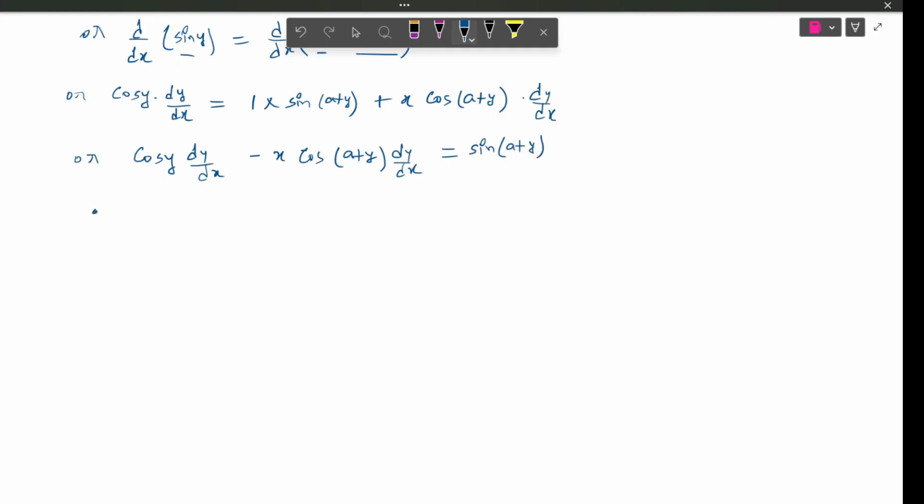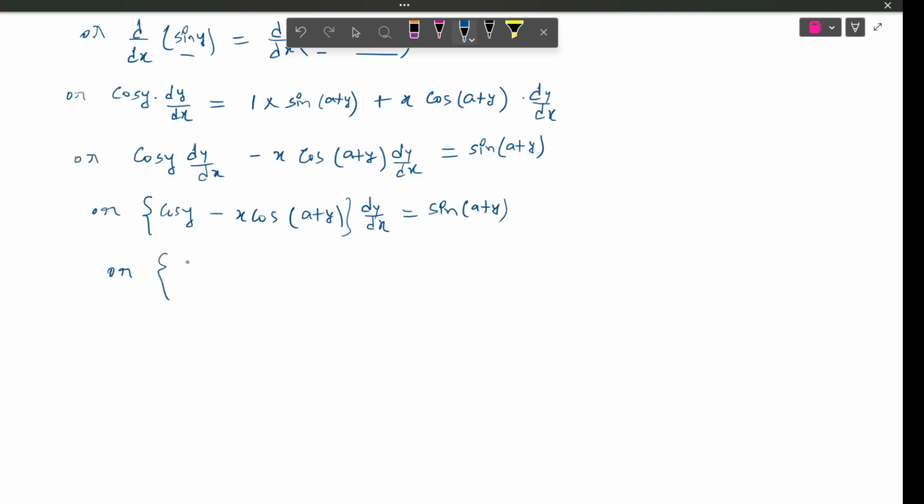Okay, now taking common dy by dx, so it would be cos of y minus x cos of a plus y into dy by dx. It should be sin of a plus y,